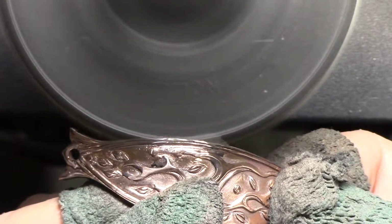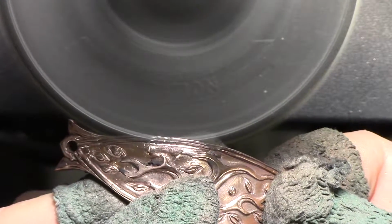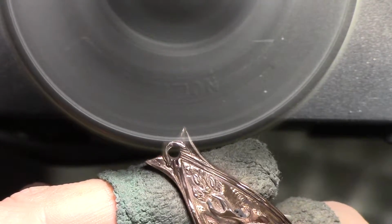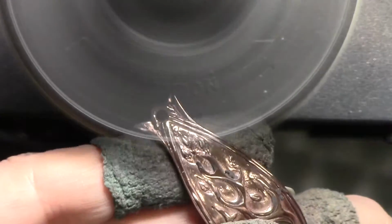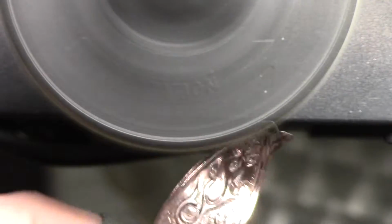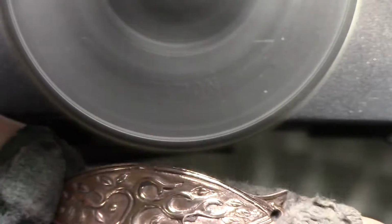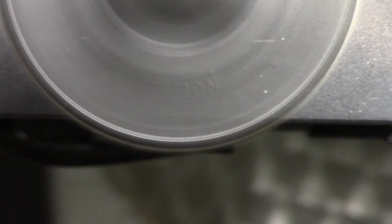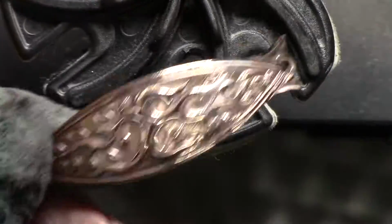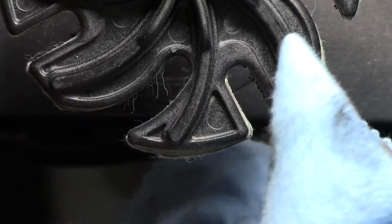Hold on. See, that'll happen when you're working on the edge, so don't worry, because I'm really working on the edge. And then you get into that little detail area. Oh, gorgeous. Okay, and we're done. That is looking beautiful. Just a little touch here and I'm done. Okay. Let me just wipe it down. I really don't have any compound, but I just want to give it one little zhuzh